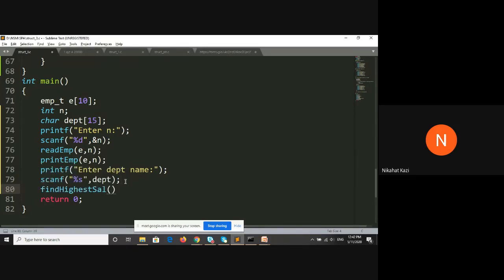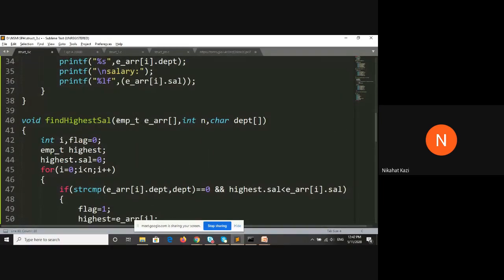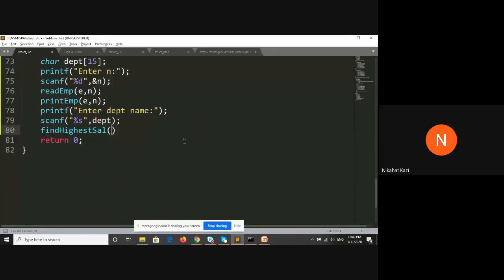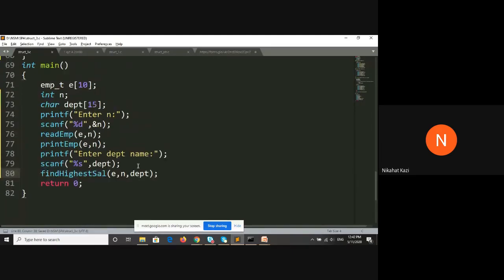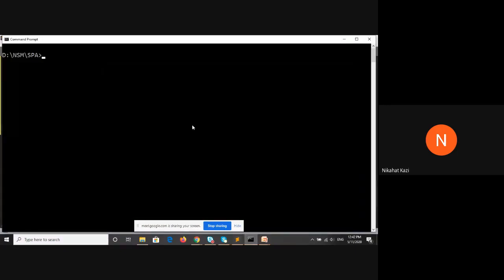The arguments are the employee array, the number of employees, and the department name. So I will say E comma N comma DEPT. This is my department name. Once I do this, I'll quickly run the program.